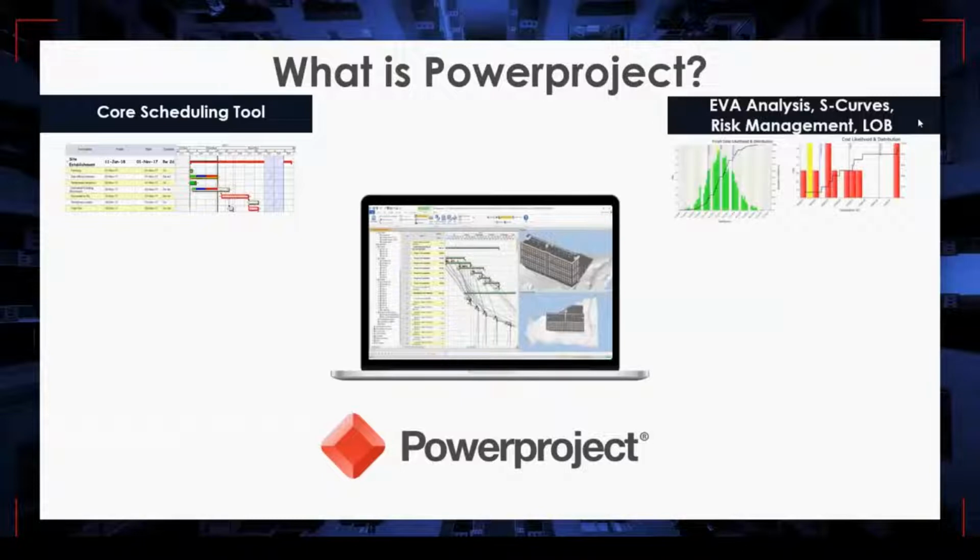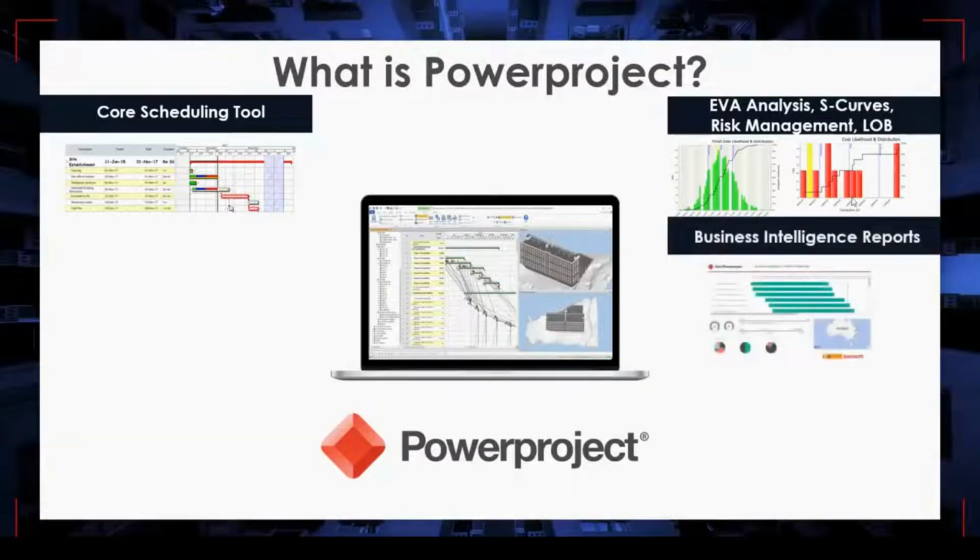And also with the reportings, you can generate earned value analysis, S-curves, you can perform risk analysis, and also for the line of balance methodology for lean construction, you can also have line of balance charts as well. For the BI reporting, Power Project has direct integration with the BI systems. So therefore, you don't need to actually spend a lot of time to update the progress data and also the